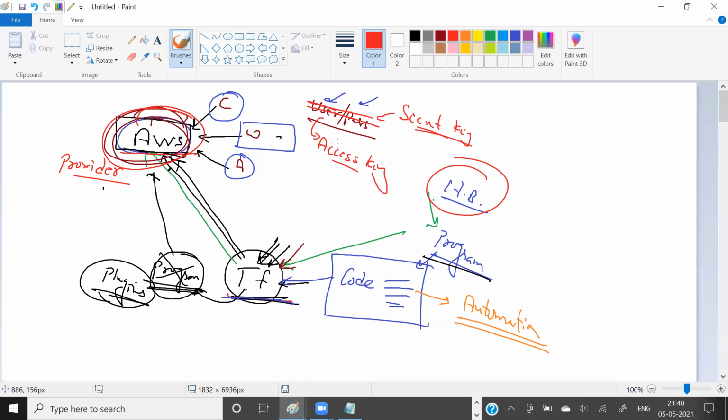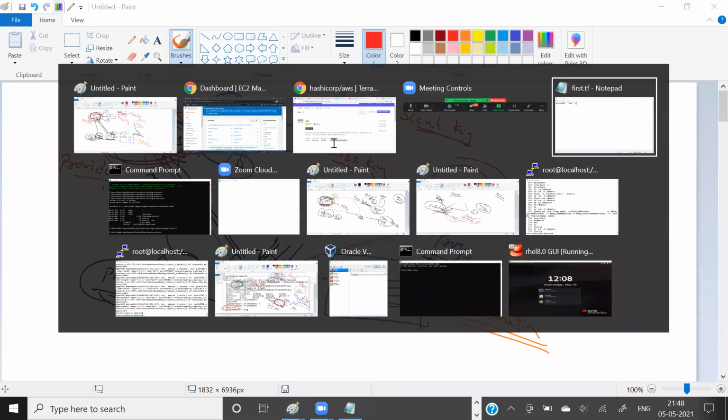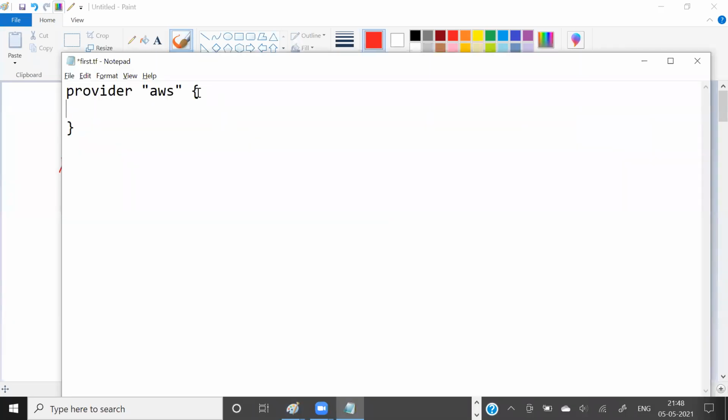Okay, so it means if you want Terraform to do something on my cloud, on AWS cloud, we have to tell AWS that I'm going to provide you my access key, and I'm going to provide my secret key. Otherwise, right now, Terraform only knows which cloud to connect to, but it doesn't know how to connect. So I have to provide my access key and secret key over here to this cloud. How to get this access and secret key, we'll see in a minute, but this is one thing we have